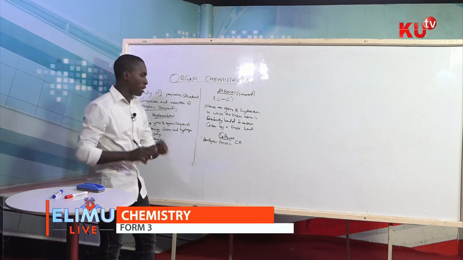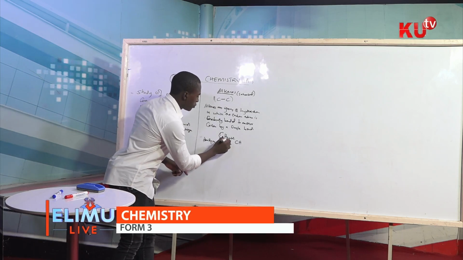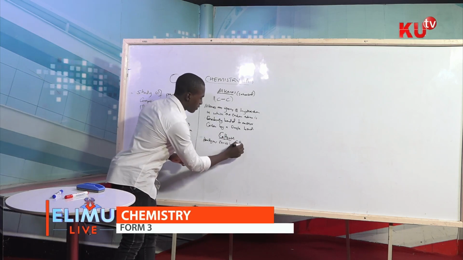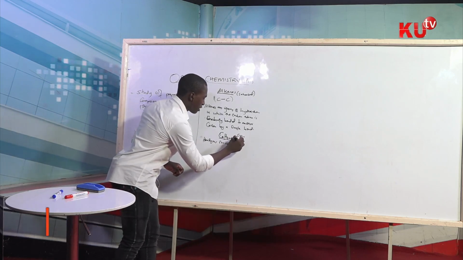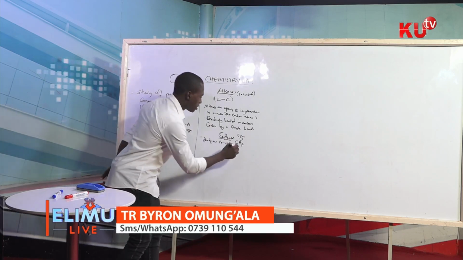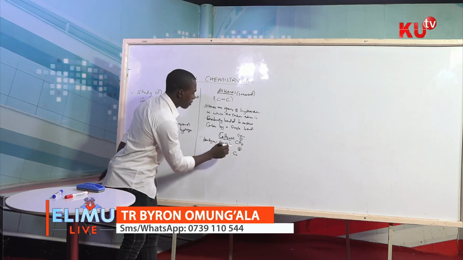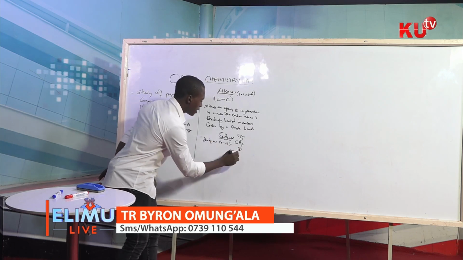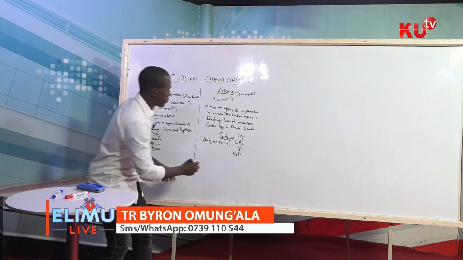bond. Just for example, if we have one carbon atom, then n is 1, so hydrogen will be 2 times 1, which is 2, plus 2, giving us 4. So if we have one carbon, this will be our formula, CH4. If we have two carbon atoms, then n will be 2, so hydrogen will be 2n+2, which will be